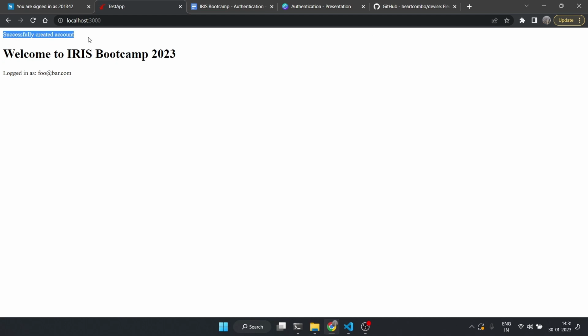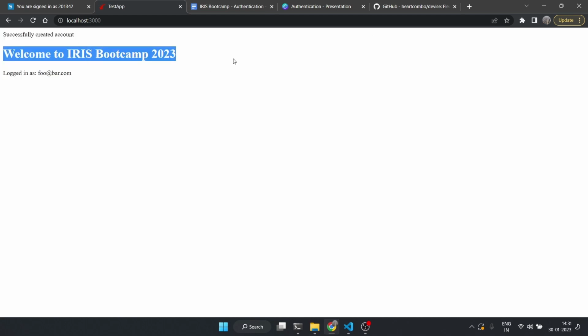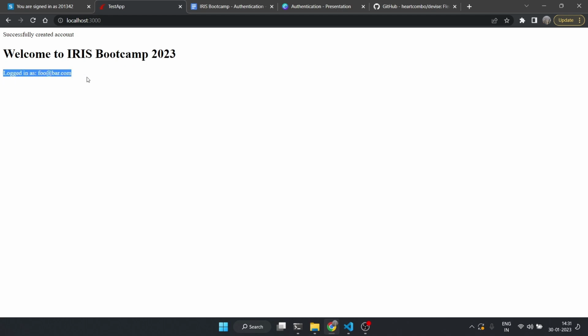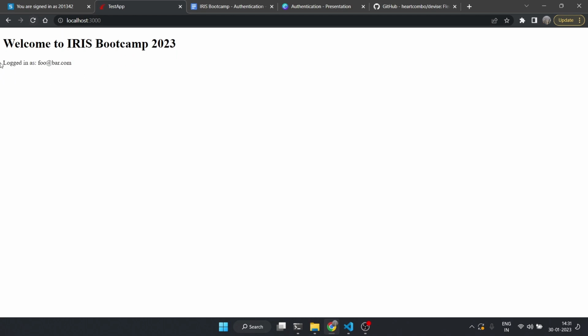This is from the previous sign up page that we were trying to do. And now this is logged in as foobar. Now if I reload, it still says logged in as foobar. Now, so what exactly happened was,